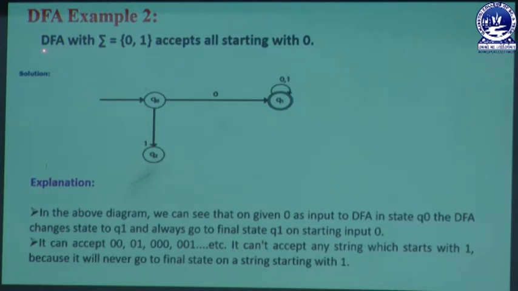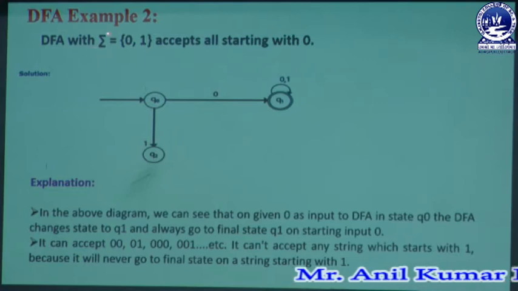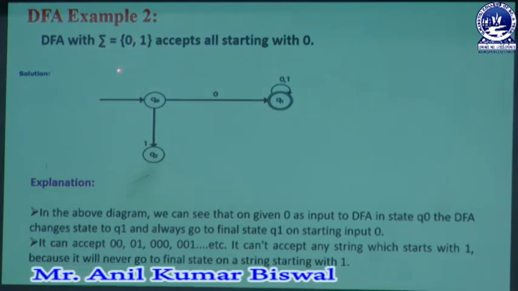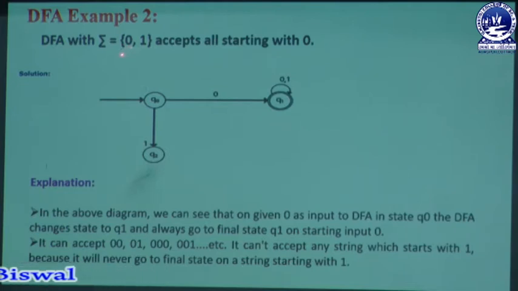We know that the deterministic finite automata specially contains input symbols, denoted as 0 or 1. Instead of 0 and 1, we can take any other alphabet like A, B, or any digit, whatever you have as an input value or input parameter. But here we have input parameters 0 or 1. Using those parameters we are going to accept all strings starting with 0. That means we can design a string that always starts with the value 0. According to that we can design our DFA diagram, or we can make a DFA table.